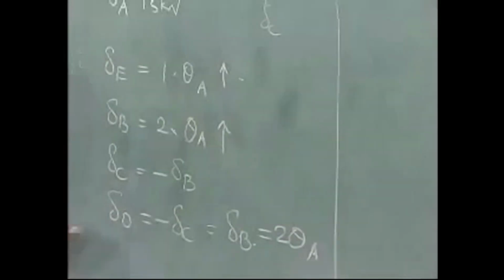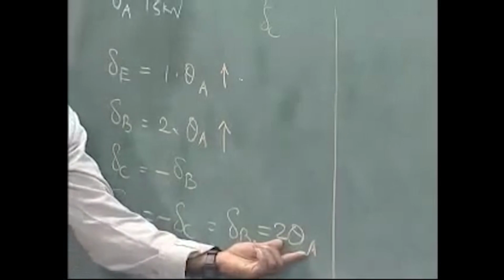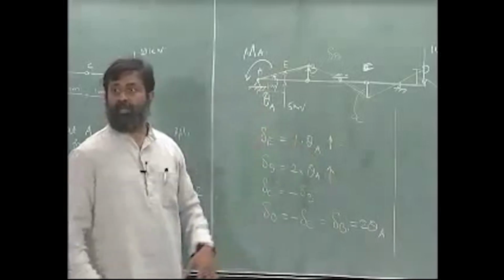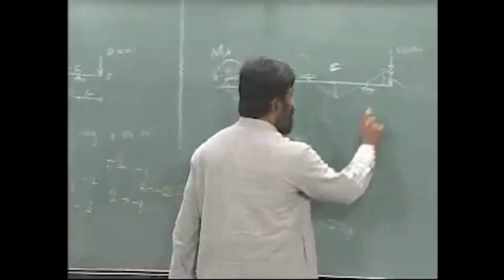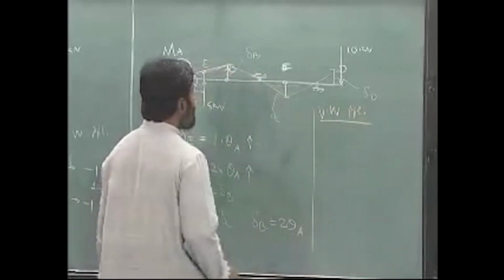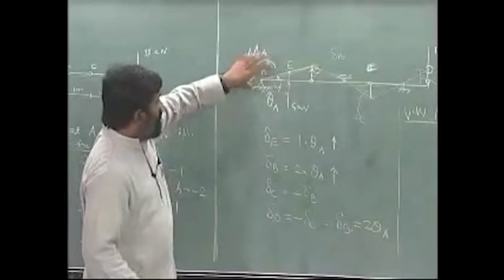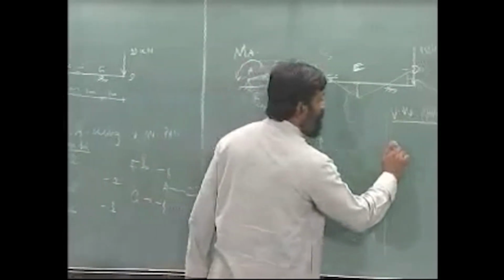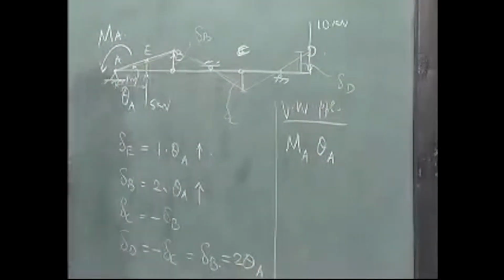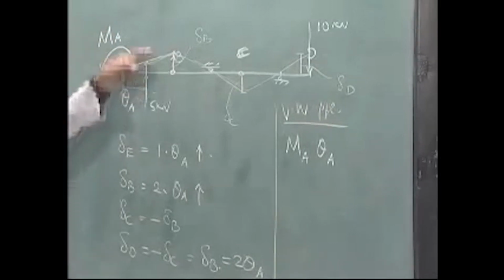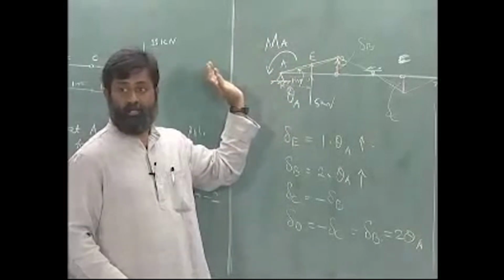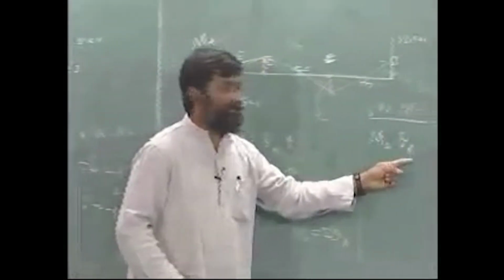Do I know delta D in terms of theta A? The answer is yes. Do I know delta E in terms of theta A? Yes. Now I am ready for writing the virtual work principle. So the virtual work principle now is MA times theta A. So MA times theta A. Remember the direction of MA is counterclockwise, theta is also the rotation in counterclockwise direction. So this is a positive quantity